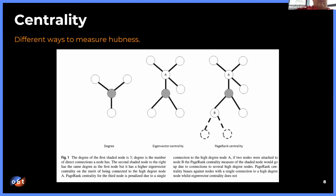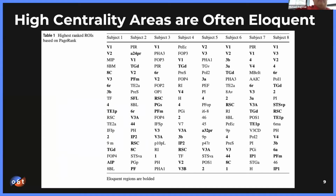So again, for example, an important website that has lots of people linking to it is more important than a site that just links to google.com, because again, it may be misrepresentative. So we looked at all of these, and we use PageRank for a reason I'll describe in a bit. First thing we found